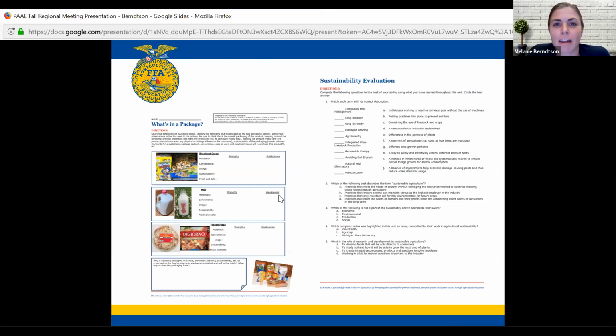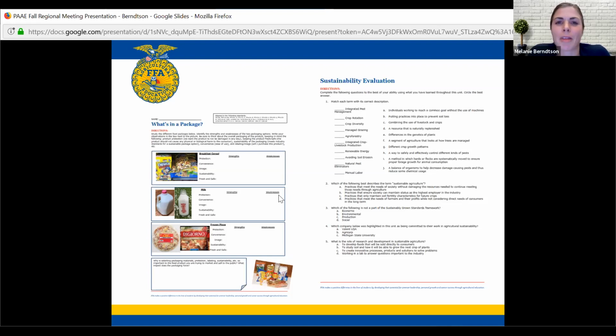So the one that's on the left is actually one of my favorites, I think, that is very adaptable for students right now that might be hybrid learning, remote learning, or online learning. And you're trying to think about something that they could do at their homes that is engaging and allows them to connect. This activity here has them examining some different foods and packaging to assess it for sustainability as well as some other indicators. And this one gives students the packaging examples, but a great expansion on that would be to